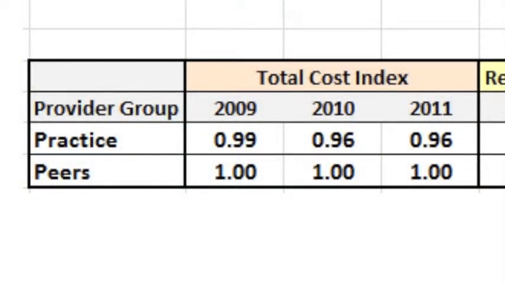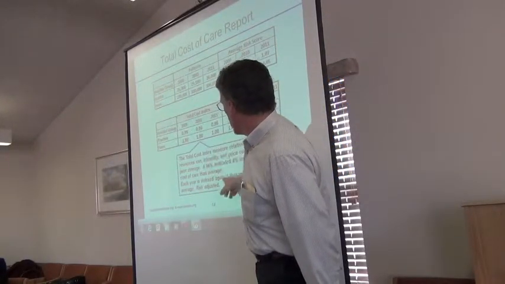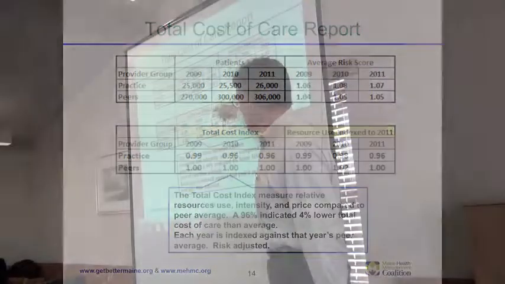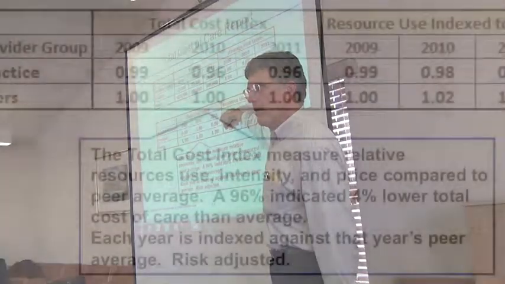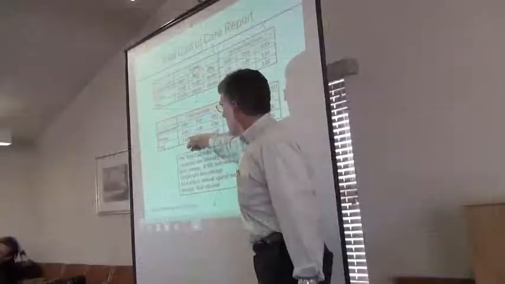The total cost of care index, go to the next slide. Next slide. So the total cost of care index measures the practice total cost of care, right? It's the risk-adjusted PMPM to the peer group PMPM to get an index. And so this practice's risk-adjusted PMPM is lower than the peer group's. And it does the comparison year